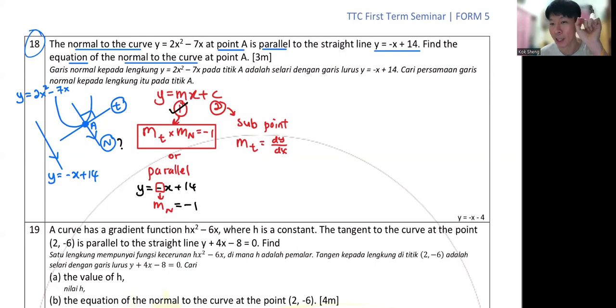We are able to get back the tangent gradient by substituting the -1. Yes, we can sub here and bring over to get mt. Mt will stand for dy over dx. Okay, so we sub in first. Mt times